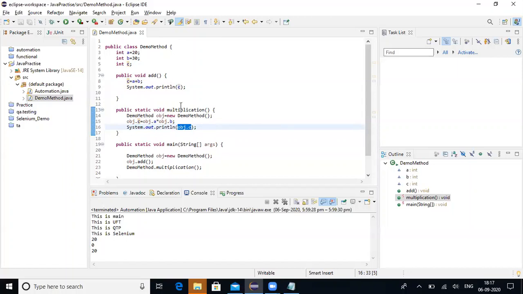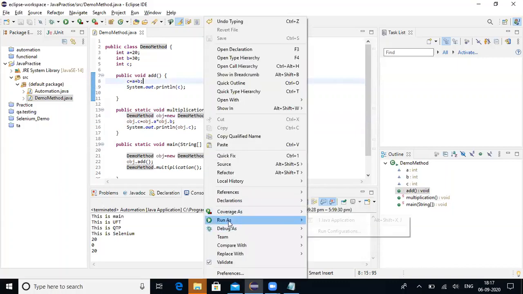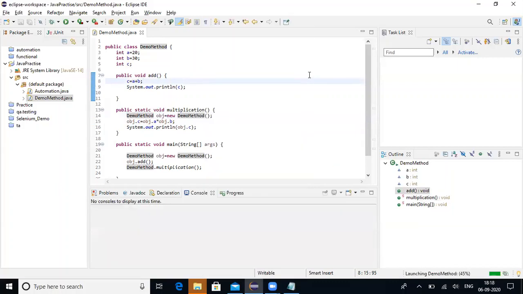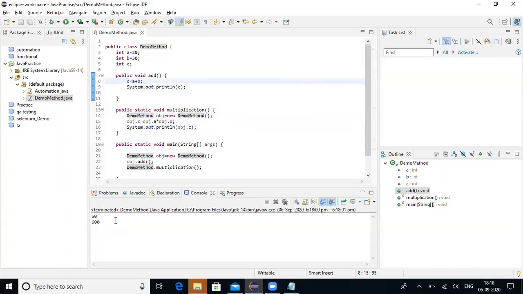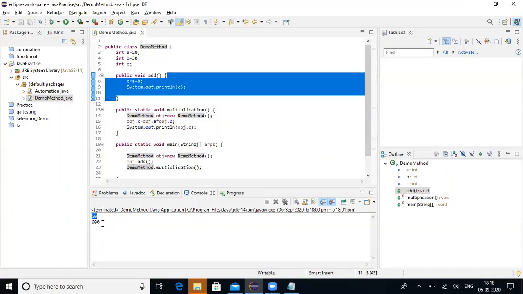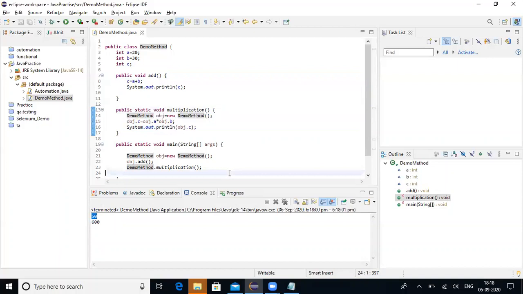Okay, let us see. What will the output be? I know for this you will get 50. I am just asking for this particular line, inside this static method. So it is showing us 600. In addition you are getting 50, multiplication you are getting 600.